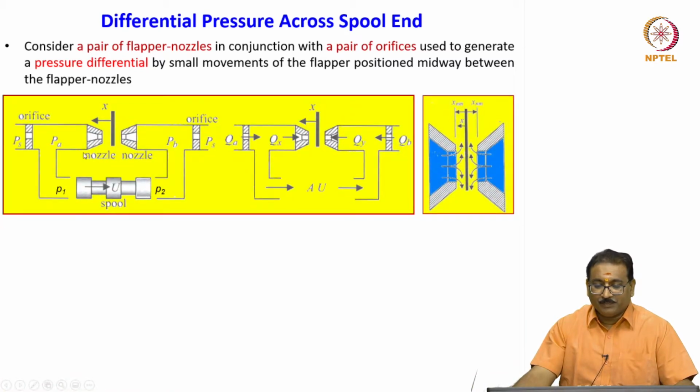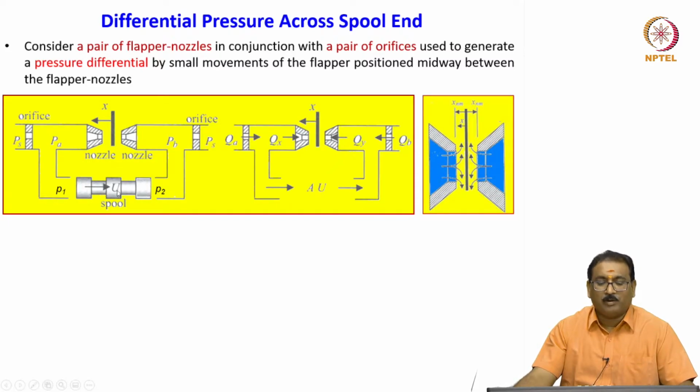You will see here I have shown you the figure of the flapper nozzle valve. This is a flapper nozzle valve. It will rotate here or rotate here, any direction. These are the nozzles and these are the orifices. From the supply it will come here, it will go. In the null position, a large amount of null flow is going to the tank.